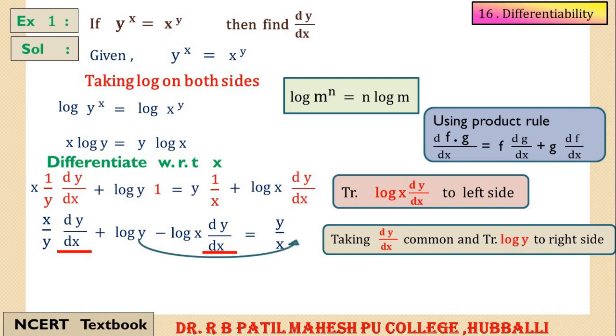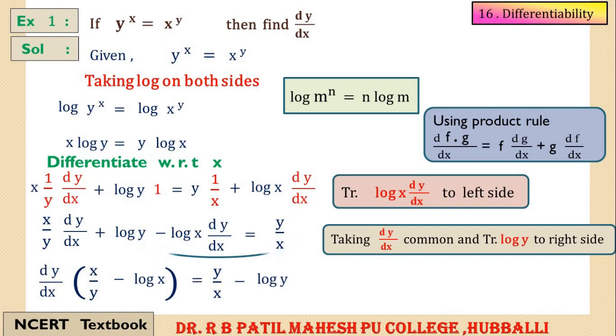In the next step, take dy by dx common and also transfer this log y term to the right side. If you take dy by dx common, what is the coefficient of the first dy by dx term? x upon y. So in the bracket you write x upon y. Here the coefficient of the second dy by dx is minus log x. So write minus log x and complete the bracket. And equal to y by x, transfer this to the right side, minus log y. So in the next step,